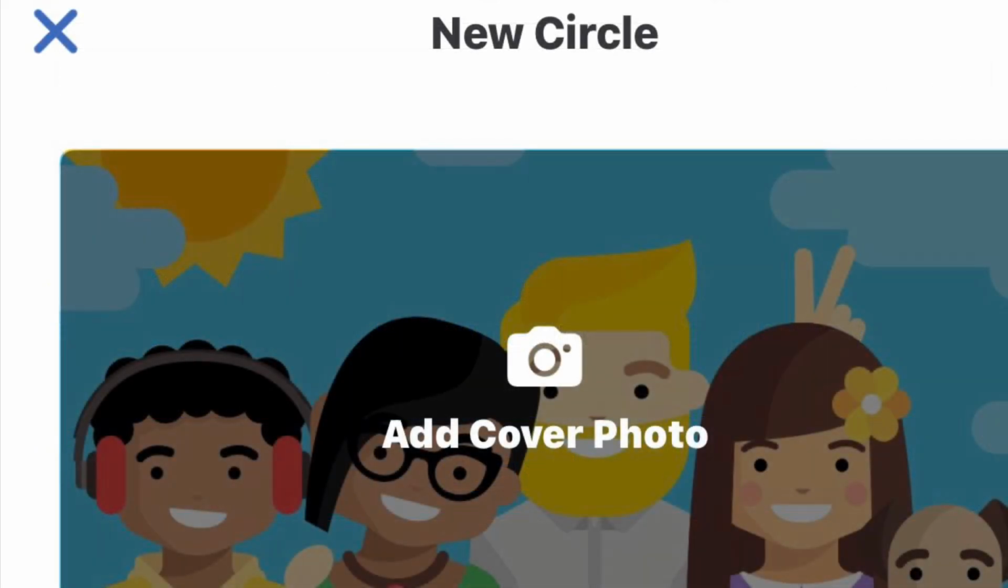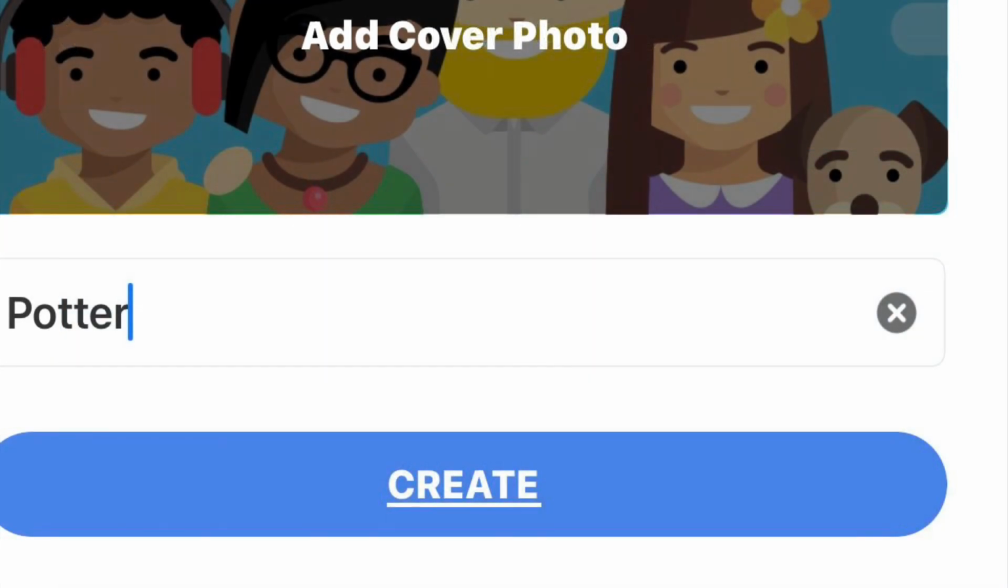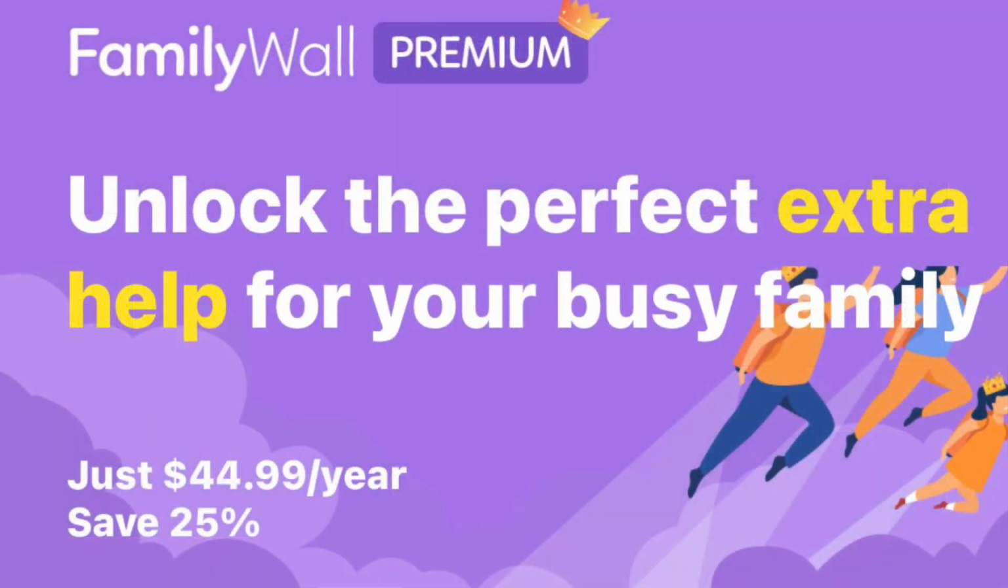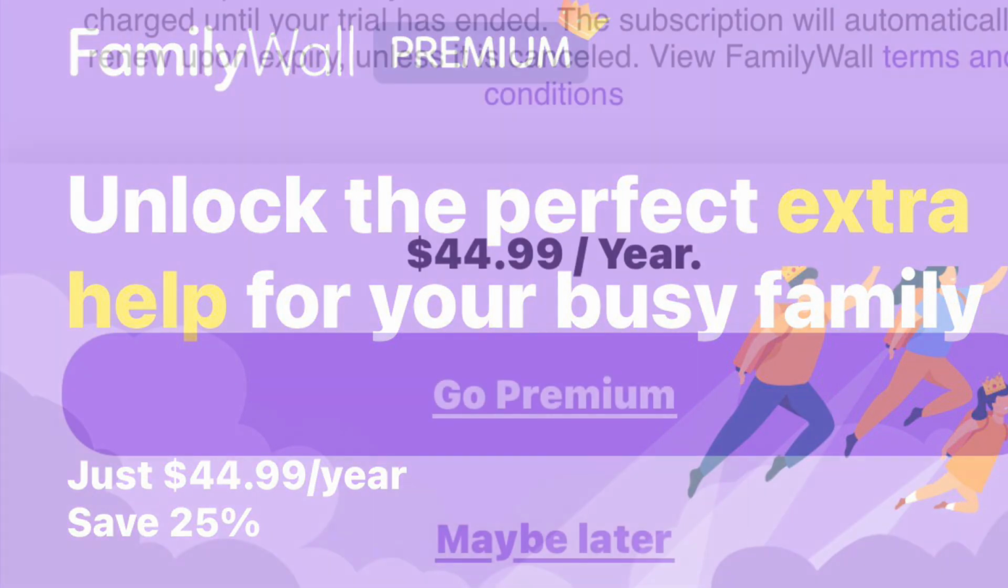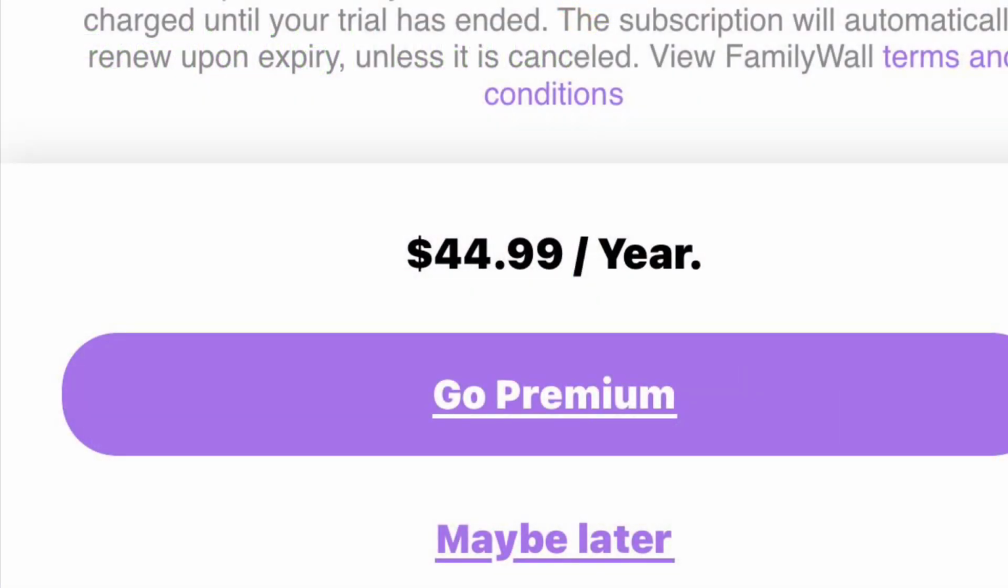Then you move to the new circle page and you're going to hit create. Put in your last name and put create there. Then on this page, you're going to go down to the bottom of the page, and instead of putting in money, you're going to hit maybe later. That moves you on